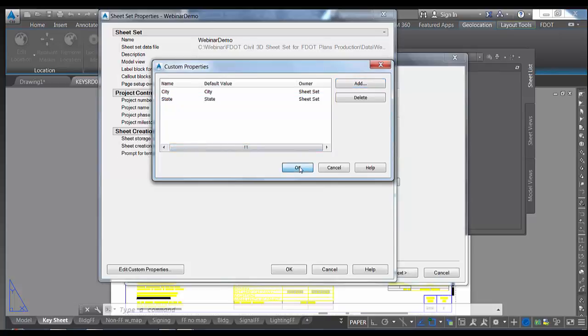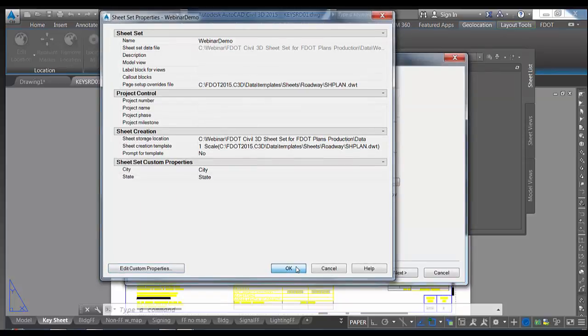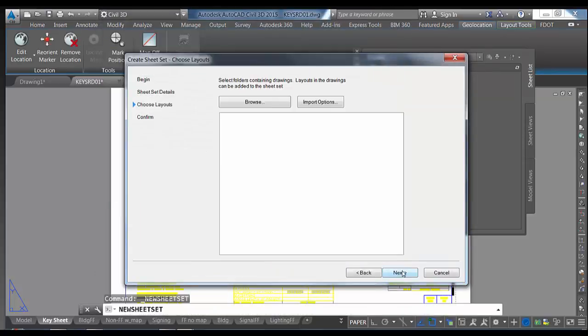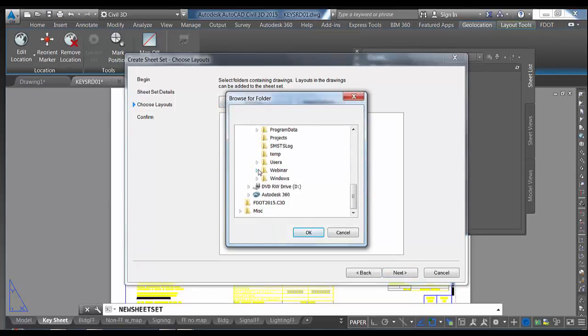There's the name, and there's the default value. And this is being applied to a sheet set. So click OK, and now you'll see your sheet set custom properties added to your DST file. So I'll click OK to this. We'll click Next. And now it says, okay, let's go ahead and import a drawing and associate it to this DST file while we're at it. So I'll click Browse,